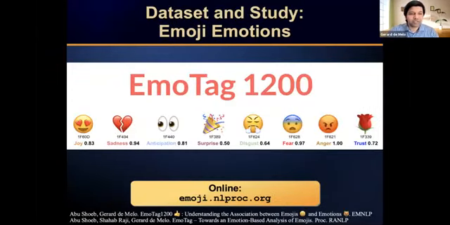And so one study we did was just collecting a data set to quantify how much different kinds of emojis are associated with different kinds of emotions. And so this is just a data set to collect such ratings. And then we did some experiments checking different kinds of models to automatically predict such ratings. So basically we can predict the emotions of emojis automatically, or for some of the popular ones, our data set already provides sufficient data.